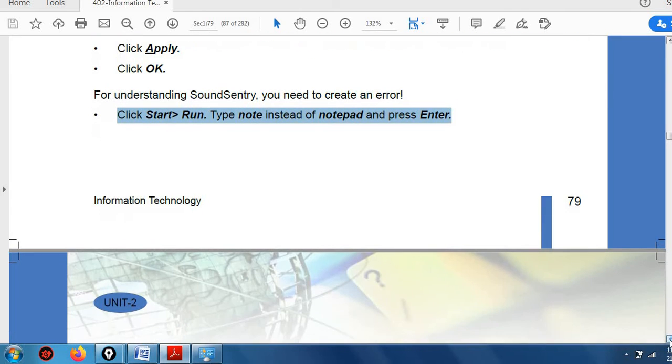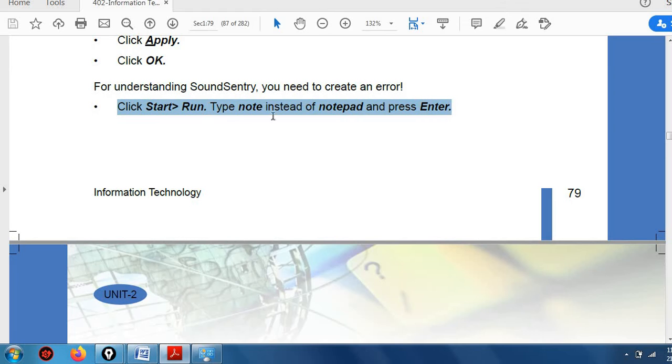Because if I write on the start button, and write note, it will directly take the notepad. No kind of error will be generated. And in XP if any error is generated, it will highlight it, right? In place of producing the error sound, it will also visually show that some error is coming, right? But in Windows 7 we are not having any problem. If I write note in run and press enter, it will automatically take notepad, right?